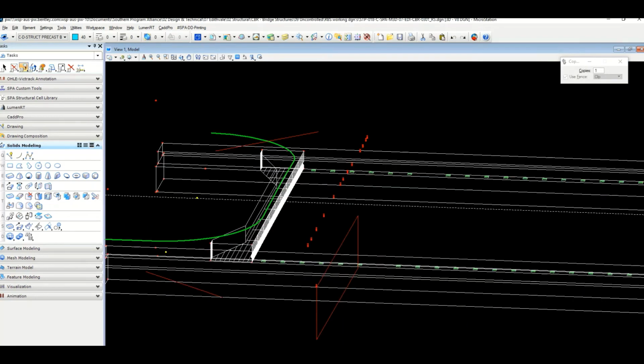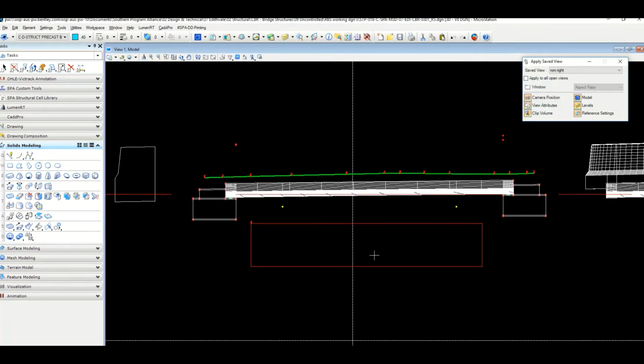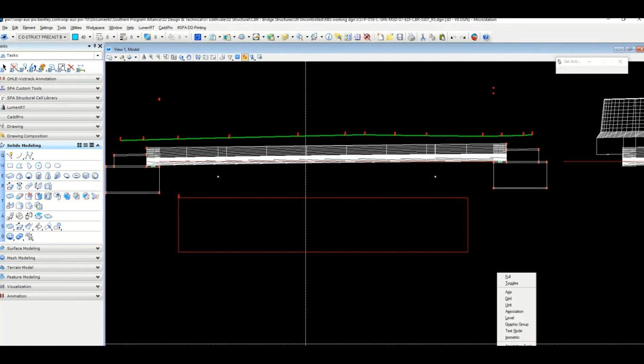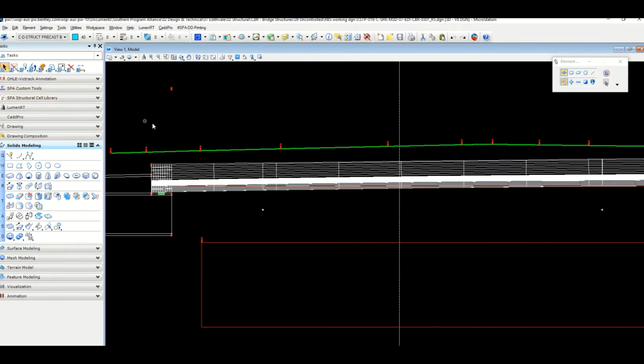so let's go back to this view. And let's just make sure. I just want to make double sure that my active depth is there in this view and that my locks are on. Okay, so now